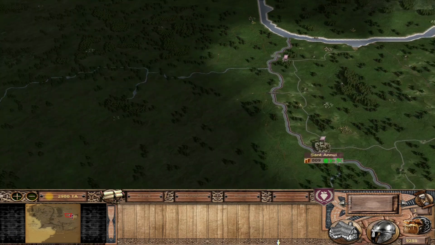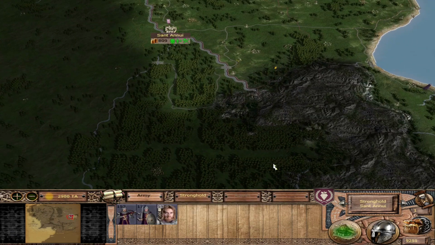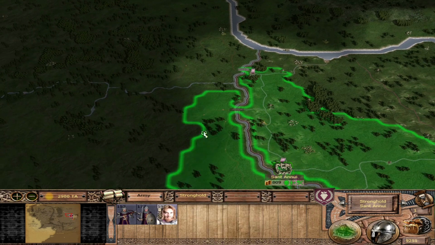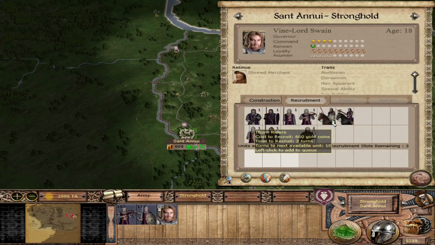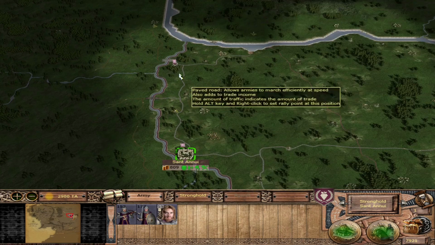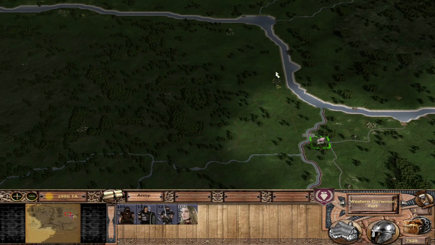It might be more worth it for me to go to Carverat and then send down a force from Swain into Mordahel with the Avari elves, which might be the best course of action. Let's go ahead and recruit a couple of units. We want cavalry. We definitely need those to help us in the early game here. So we'll get 2 units of those. We'll leave these guys in the fort for now because if I siege the castle,